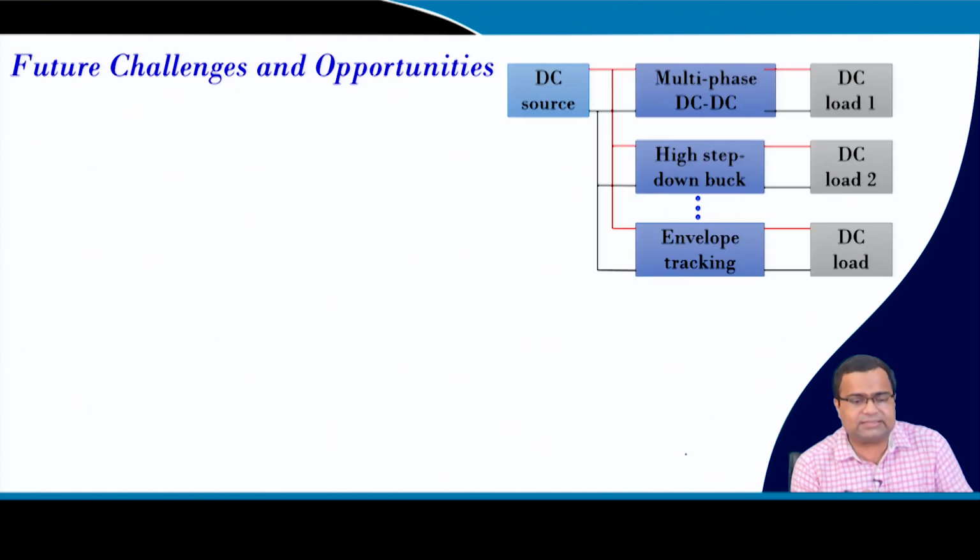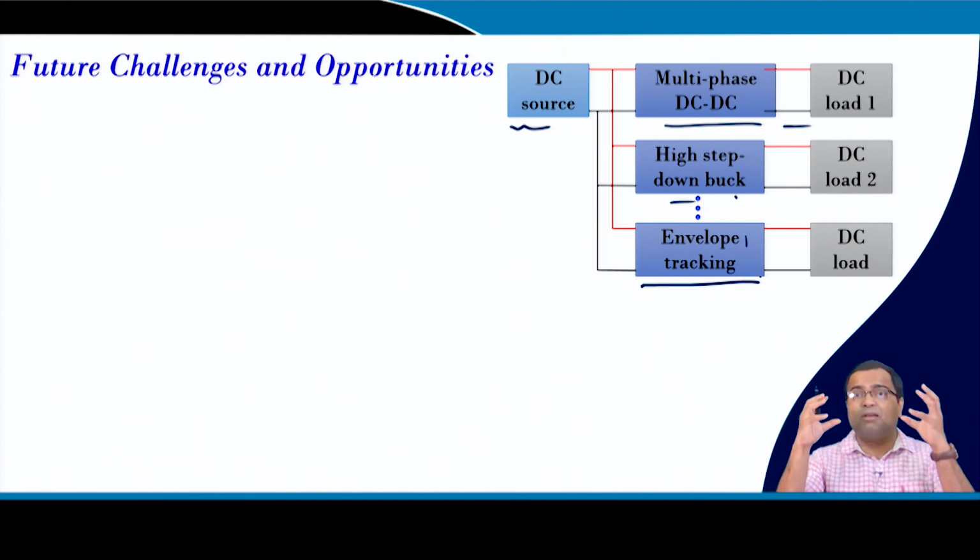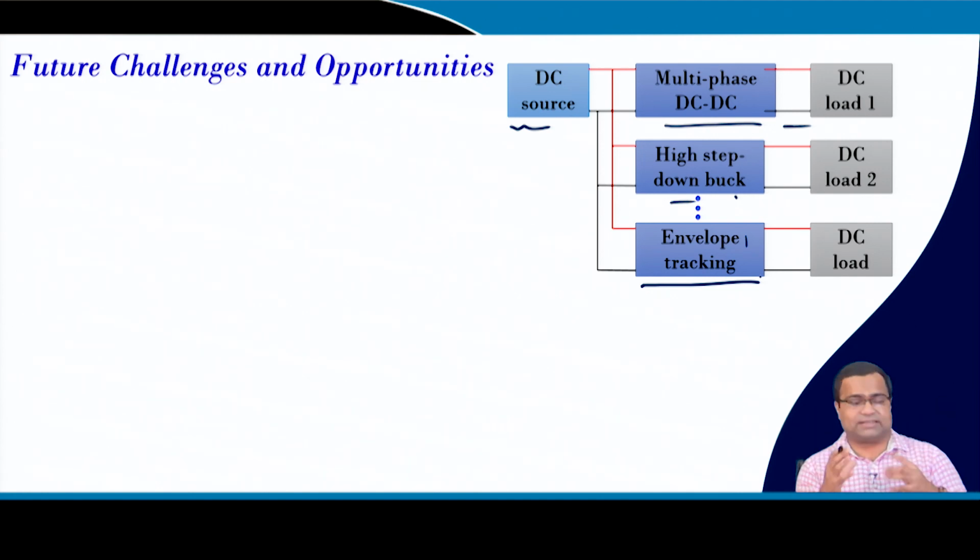So, the future challenges, you will see more complex networks. I mean the power converter will have interconnected power converters. For example, in a battery you may have only one source, but multiple processing elements where you may need a single buck converter or single DC-DC, or multi-phase, multiple step-down converters, envelope tracking for the power amplifier of your mobile phone, smartphone. So, if you are talking about such a complex architecture, this power management occupies almost more than 50%